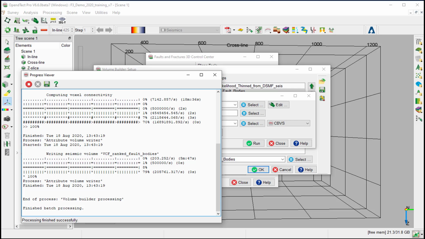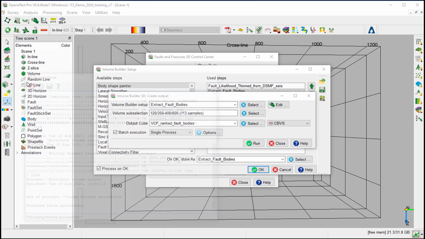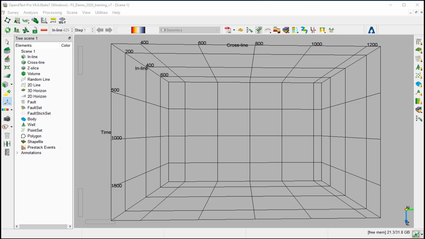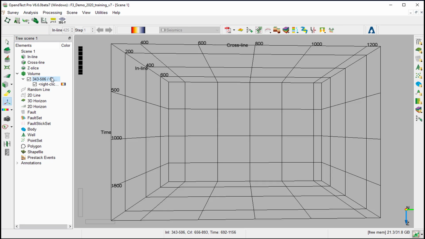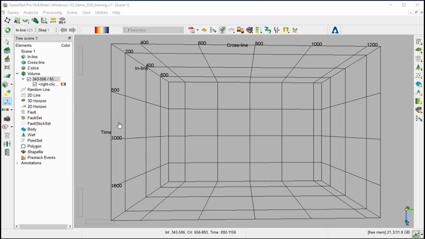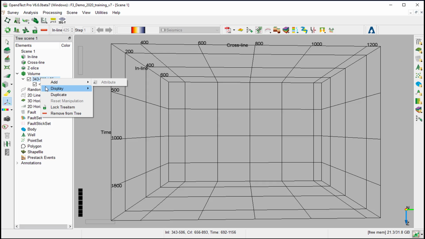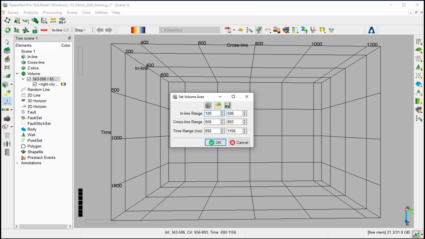The process finished, so we can close all the different windows. To display the created volume, right-click on the volume in the tree, Add. This adds a volume viewer to the 3D scene. To set the viewer to the range specified during the creation, right-click on the volume and display position. Then we set the range inline 120, 400, cross-line 350, 600, and Z range 1400